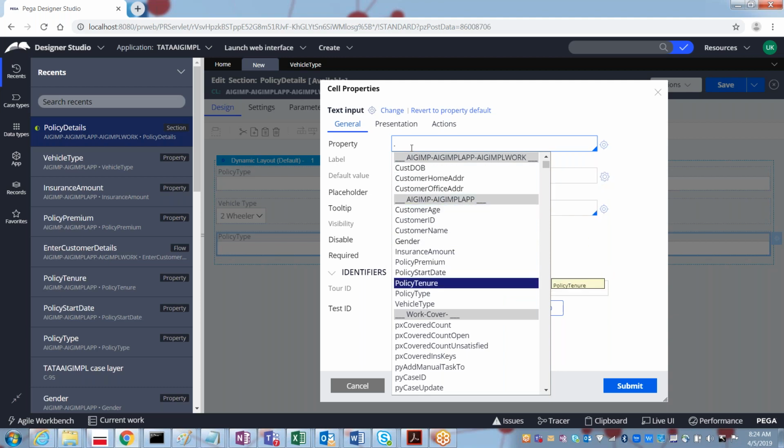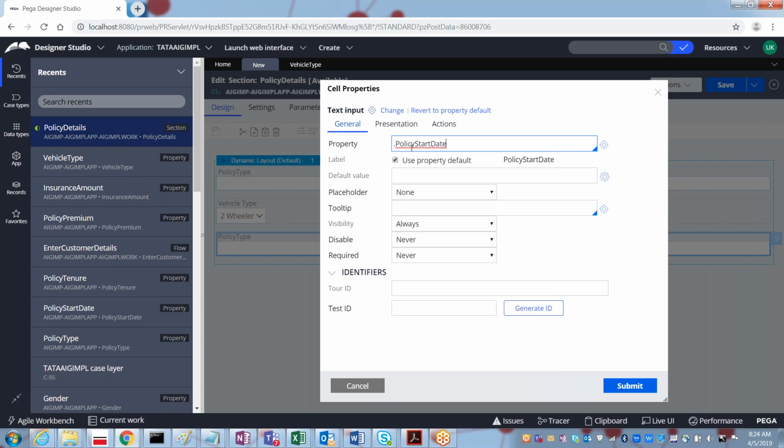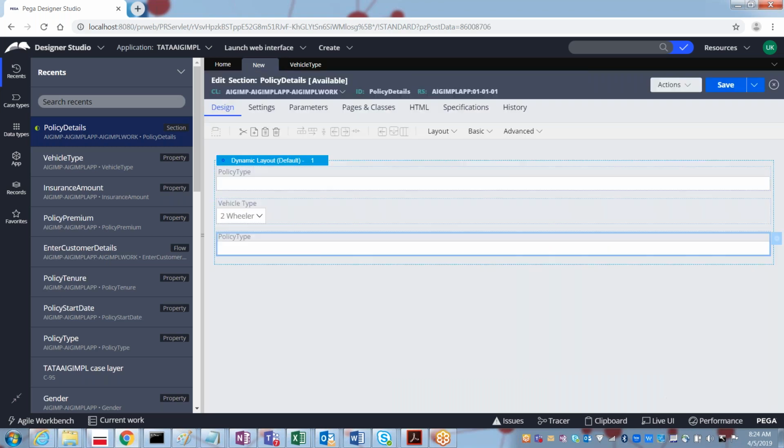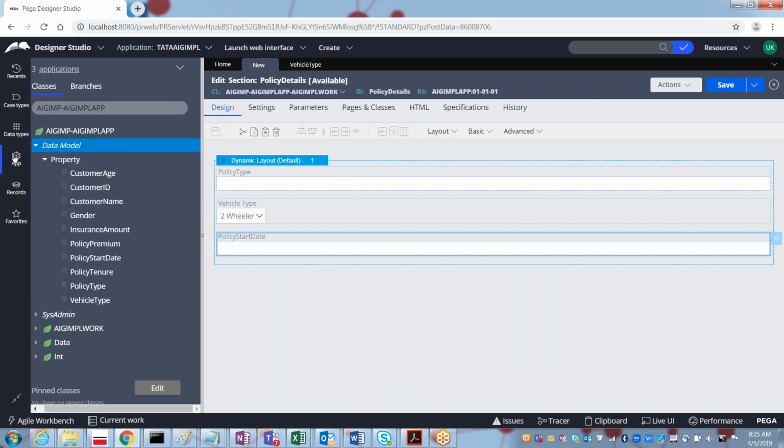After the policy type, vehicle type, I want to see something called policy start date. So policy start date, and then submit it. Likewise, you can add all the properties, in whichever way you are comfortable. After the policy start date, what else can you do? Policy premium.